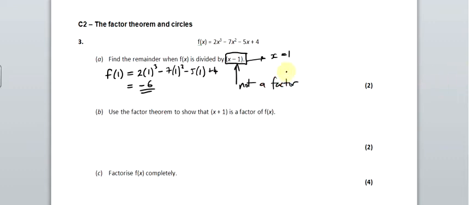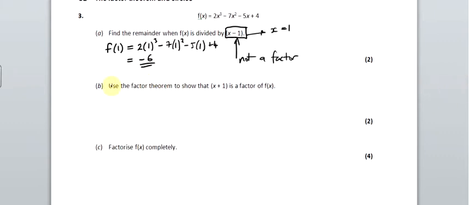Okay, for it to be a factor this would have to be 0, and of course this is where the next bit of the question is going. Use the factor theorem to show that x plus 1 is a factor. So we're going to substitute minus 1. So f of minus 1, which gives us 2 times minus 1 cubed, minus 7 times minus 1 squared, minus 5 times minus 1,